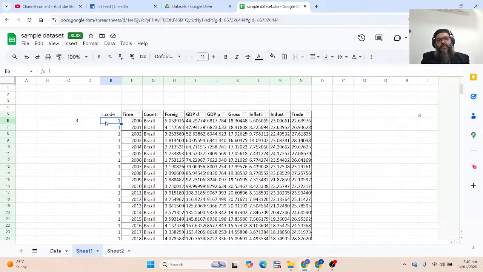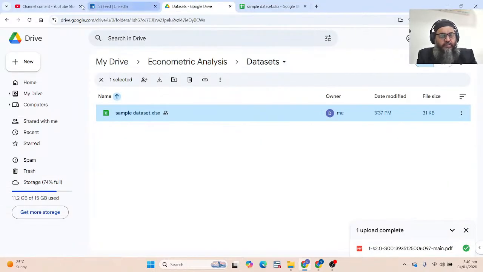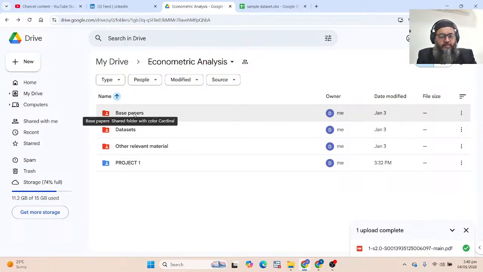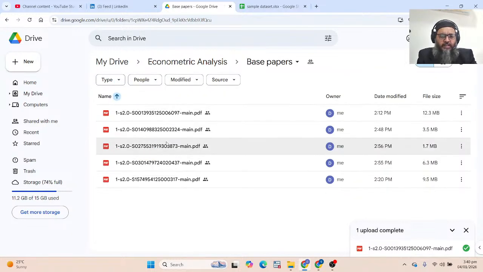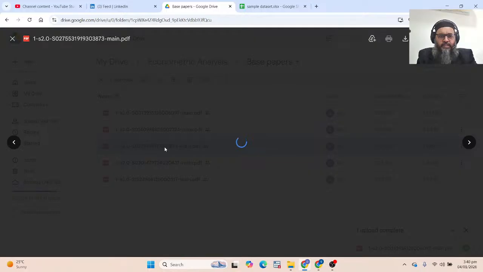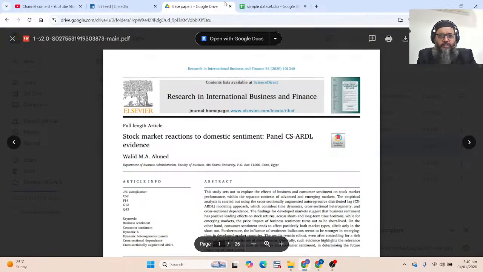Ordinal data is something which represents rank. For instance, there are some base papers which we will discuss at some stage.